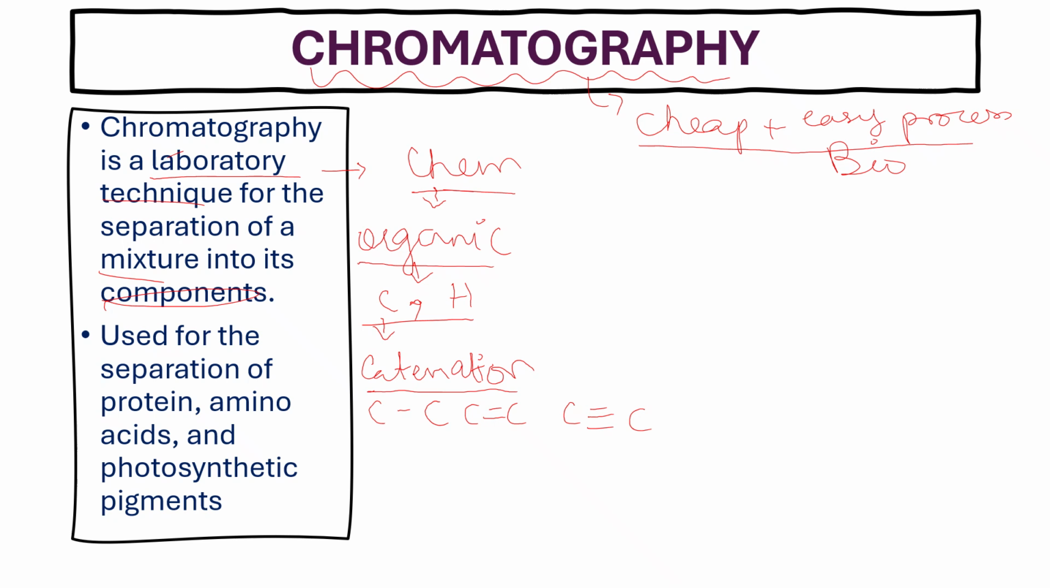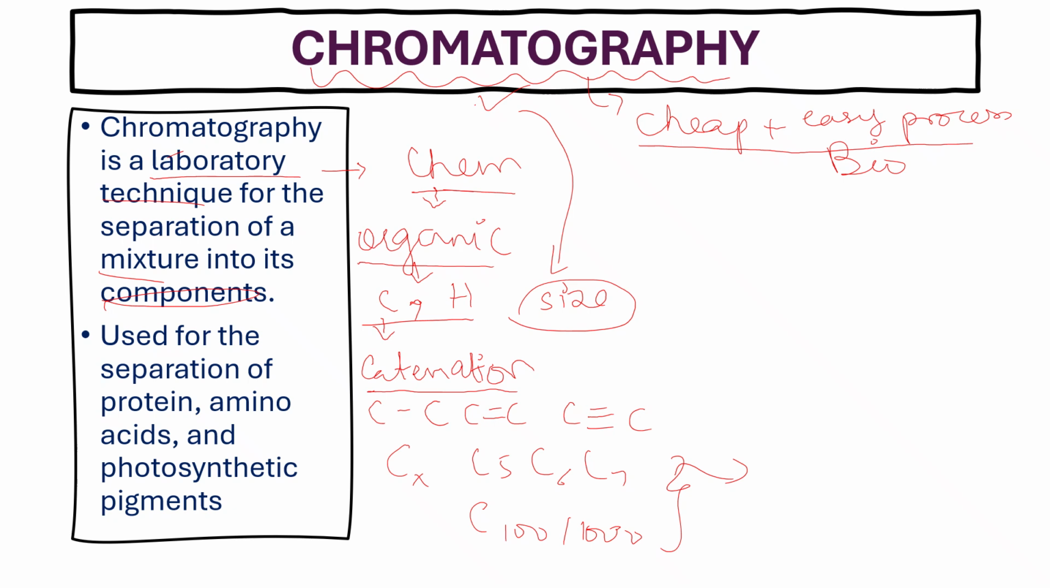Because of that, organic compounds have a variable number of carbons. They can have 5 carbons, 6, 7, up till 200 or thousands of carbons. So to separate out these compounds chromatography can be used. On the basis of their size, their densities, and their polarities, they can be separated out. Similarly, if we talk about the bio lab,